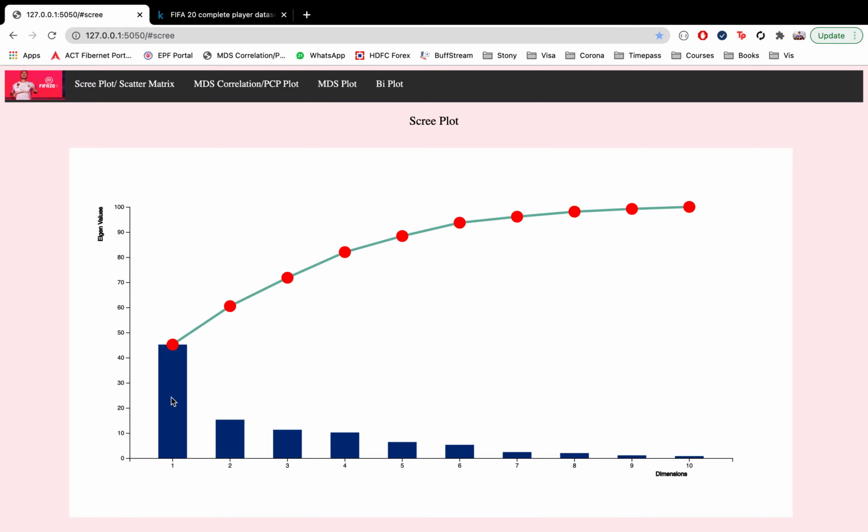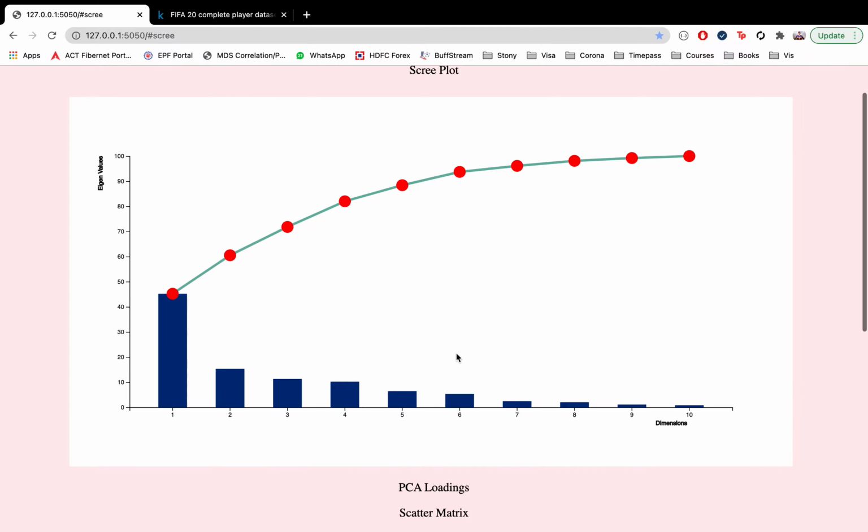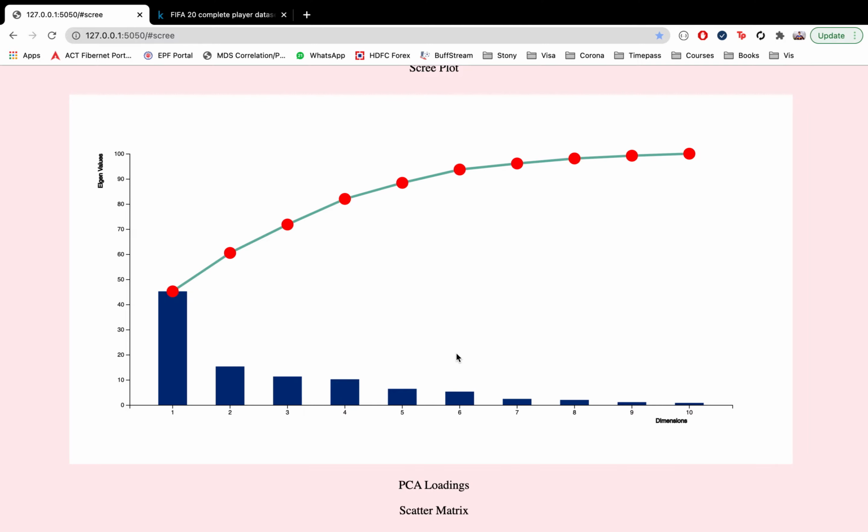On top here, if you see, these are the values for each dimension. Right now I have around 10 numerical features, because we are asked to build a scree plot only for numerical features, and these are the eigenvalues for each. If you can see, the variance ratio increases and it tends to 1 as we increase the dimensions. But we can get a lot of information from the scree plots too. If you see, this curve tends to have a slope of 0 as we reach more and more dimensions.